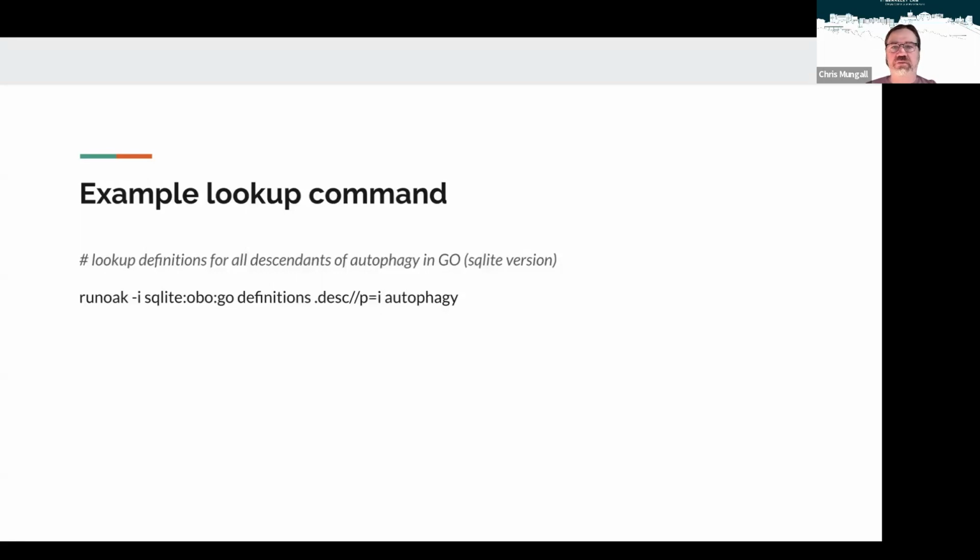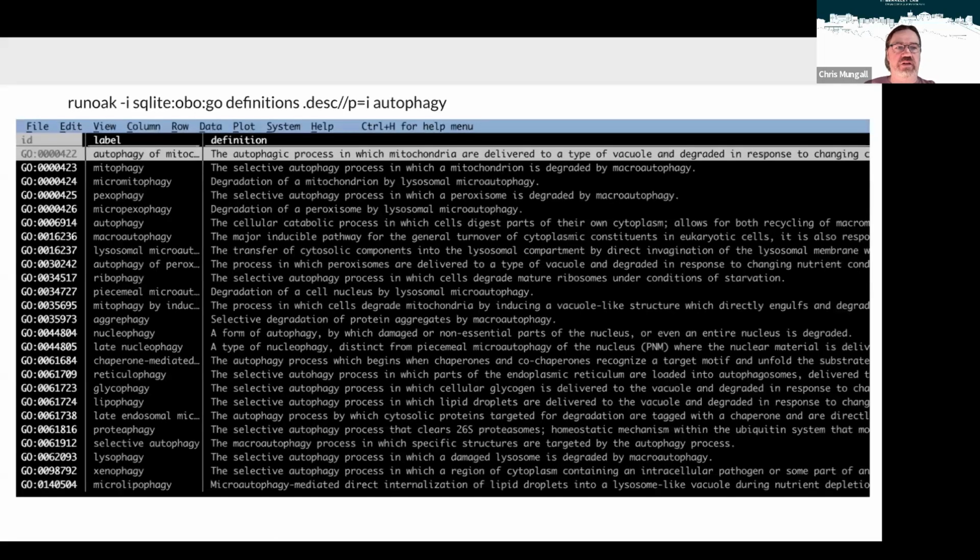So we'll start with a recap of some basic lookup operations in Oak. This command can be used to find all descendants of autophagy in the Gene Ontology. The basic idea is that we give it a query, and we're jumping right into some of the more advanced aspects of Oak, which has essentially its own graph query language, where you can do things like find all is-a descendants of autophagy, and the output looks something like